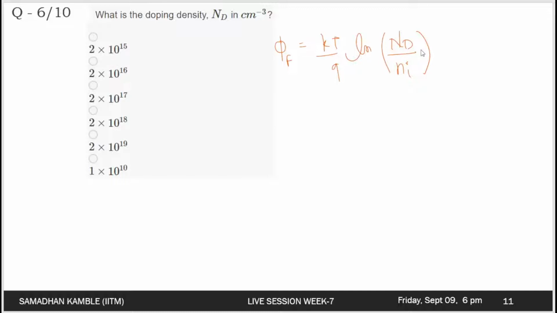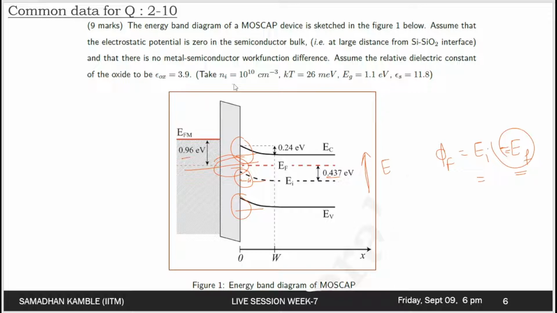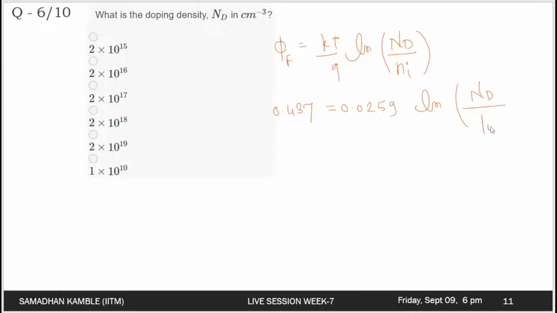Okay, so we need to find out Nd. The phi f value we have determined is 0.437. So if you substitute it here, 0.437, and for the 300 Kelvin temperature, we can write the Vt value as 0.0259 times ln of Nd over Ni. Ni is given by 10 to the power 10 per centimeter cube. So we can substitute that also here, it is nothing but 10 to the power 10. So if you simplify it, we'll get the value here as